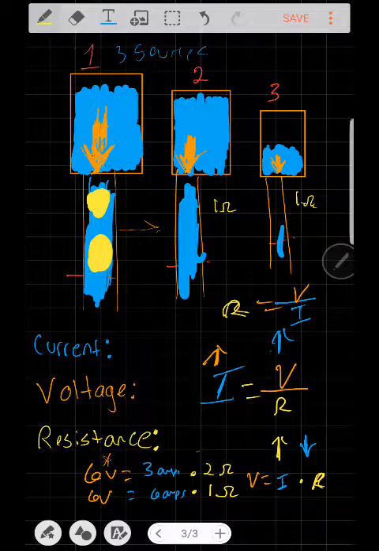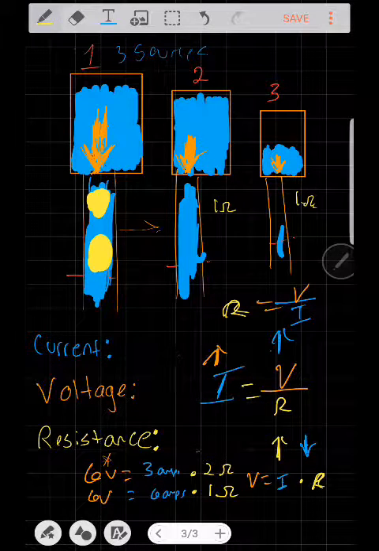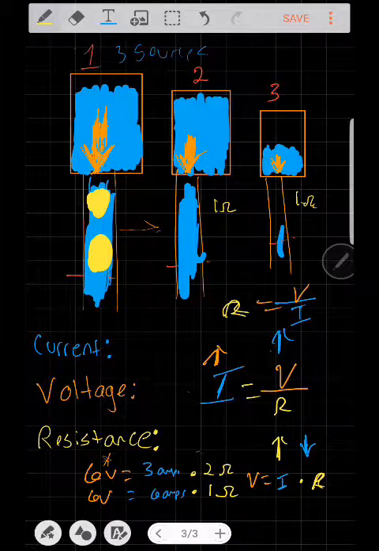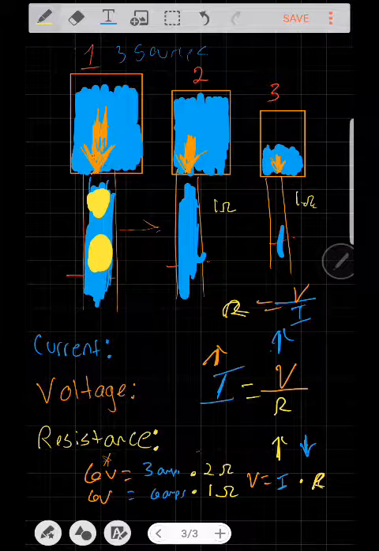That's pretty much going to wrap up this video over electricity as far as the analogy. Again, the three terms you need to know are current, which is symbolized by I and measured in amps; voltage, which is the amount being pushed or pulled through by a circuit, is measured in volts, and it's symbolized by the letter V; and resistance is how much